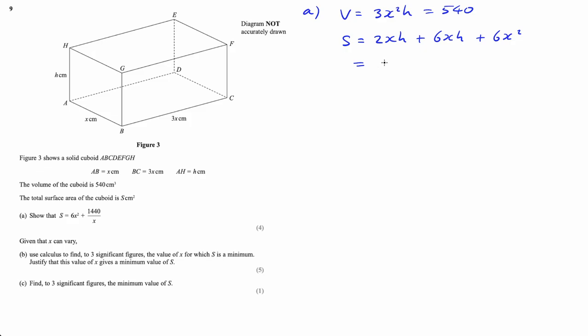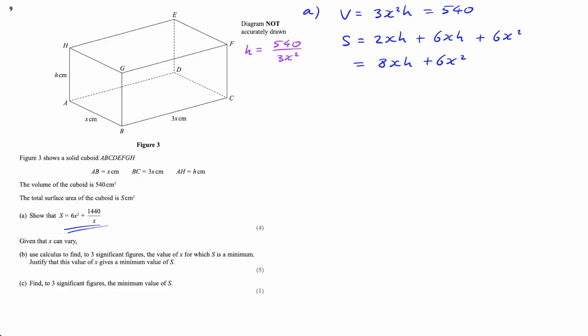This is equal to 8xh plus 6x squared. Okay, so this is s, but in his formula there is no h. So how do I get rid of this h? Well, I use this volume formula to get rid of it. So I'm just going to do it here, guys, to save me space. When I rearrange this, I can say h equals 540 divided by 3x squared. So I'm making h the subject so that I can sub that into h here in s, which will hopefully